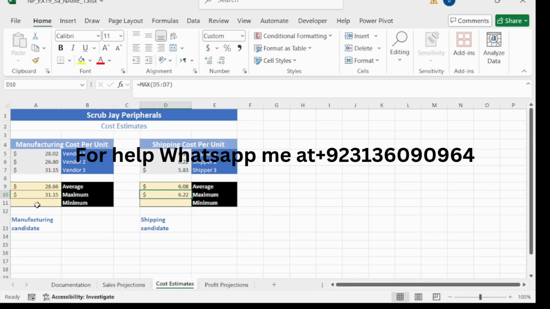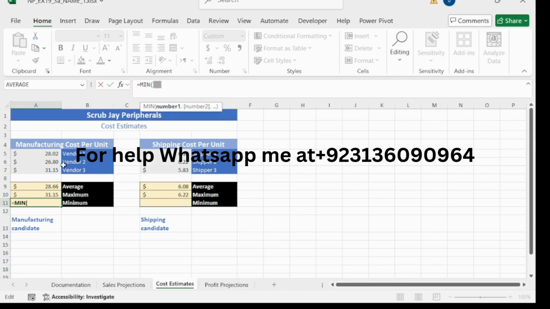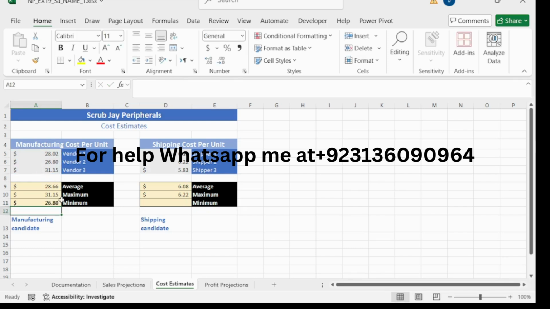A11. This is cell A11. Create a formula using the min function. So is equal to min, double click on this first one and then select the range A5 to A7 and close the bracket and press enter and copy this formula to D11.